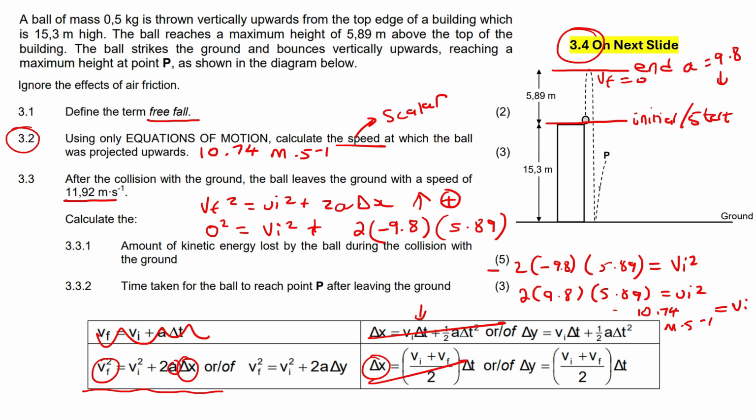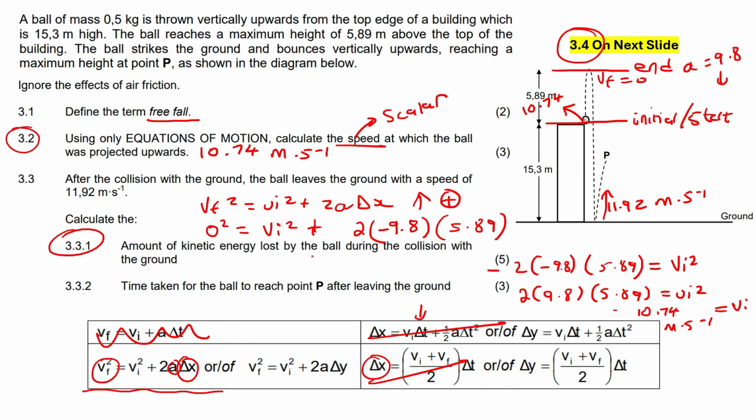Okay, so we know that this ball is going to go up. We know that it's got a velocity now of 10.74 at the beginning. Then it's going to come down, and it's going to hit the ground over here at a certain velocity. And then they said it's going to bounce upwards with 11.92. So it's going to bounce upwards with 11.92 meters per second. Okay, so the first question over here says,